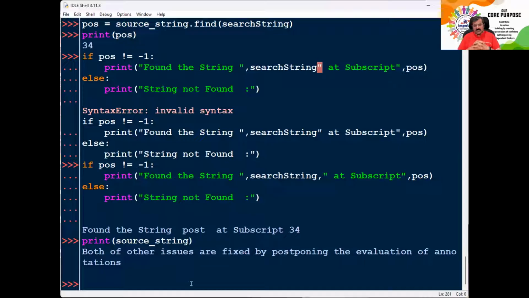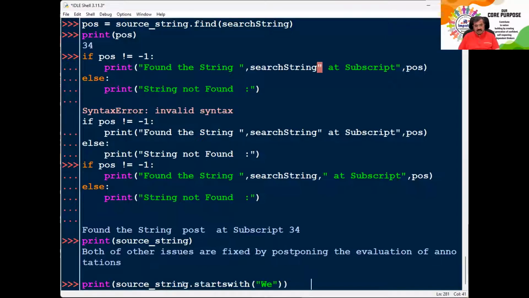What is the first letter inside this string? B. Both. Word is both. Character is B, but word is both. So I want to know whether this string starts with some character or not. I'm not interested in knowing whether the word both is present inside the string, but does it begin with the word both or not? So in that case, we have some very interesting functions which you don't find in other